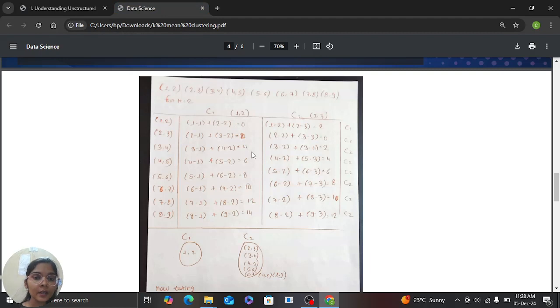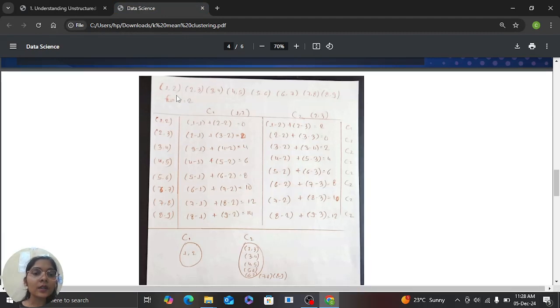Sorry, it may be a little bit blurry, but I will try to explain it in a better way. For example, here our data points are (1, 2), (2, 3), (3, 4), (4, 5), (5, 6), (6, 7), (7, 8), and (8, 9). This may be our data points. Here we have initialized k equal to 2. This is our initialization, which we have discussed, our first step. We have initialized two data points, and we have taken (1, 2) and (2, 3) as our initialized centers